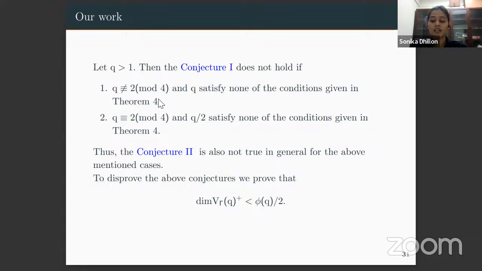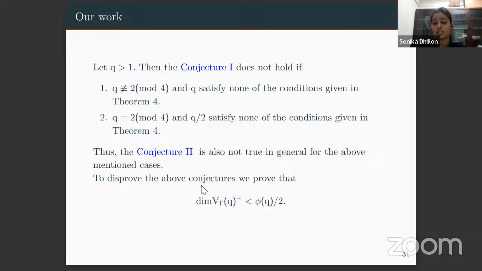But we don't know when q has, say, 3 prime factors, or when q is a prime power or a prime number, like less than or equal to 3. In that case, we don't know whether the conjecture is true or not. And similarly, since conjecture 1 is false, conjecture 2 will also be false, because conjecture 2 implies conjecture 1. And to prove that these conjectures are not true, what we have done is